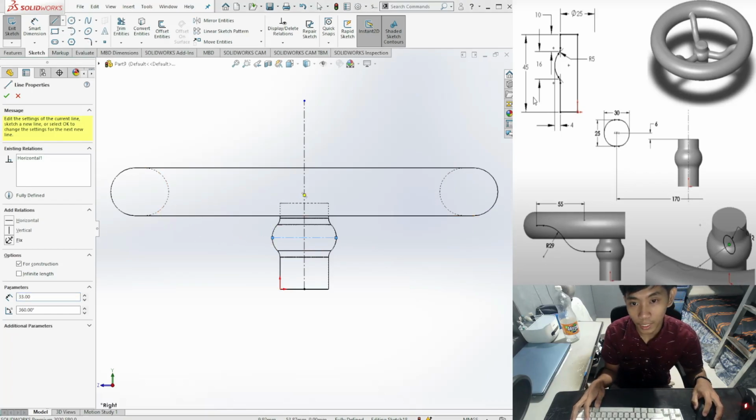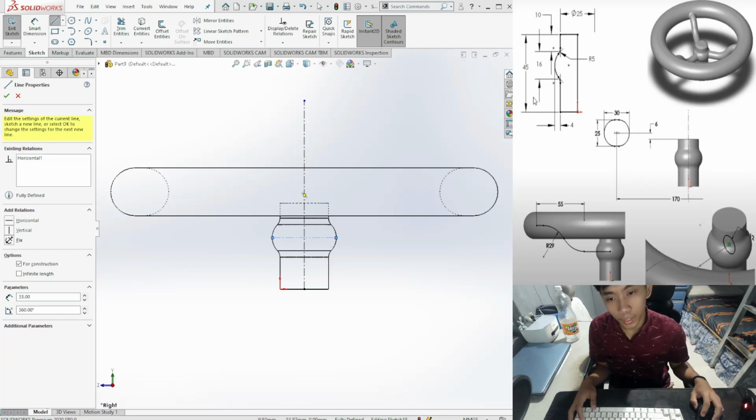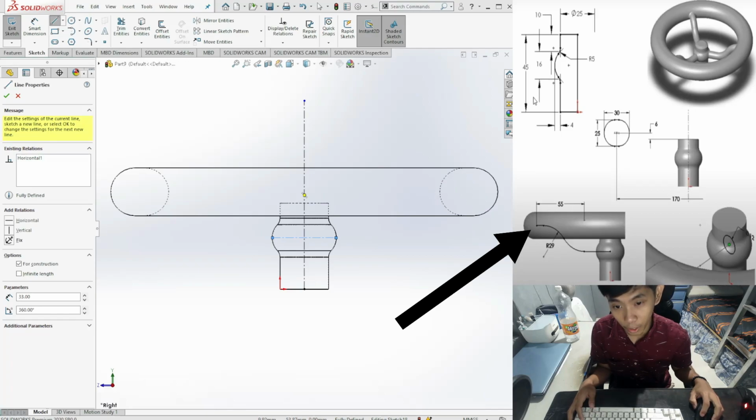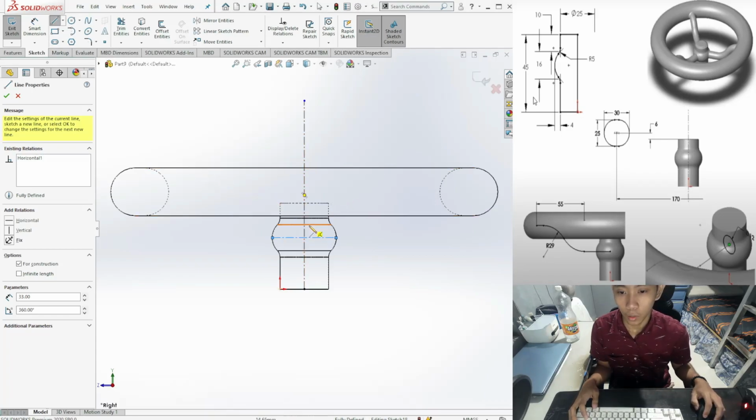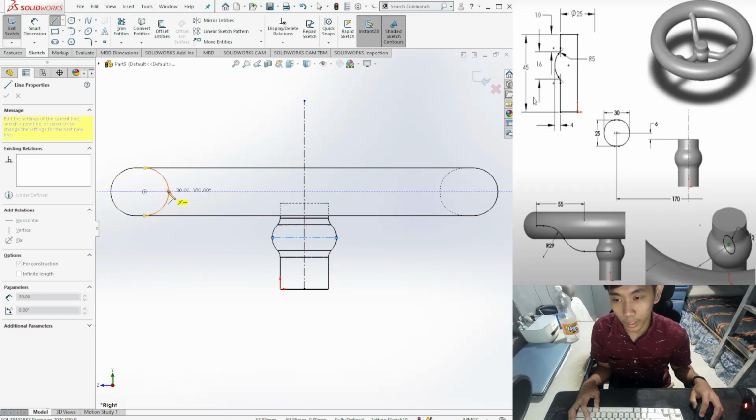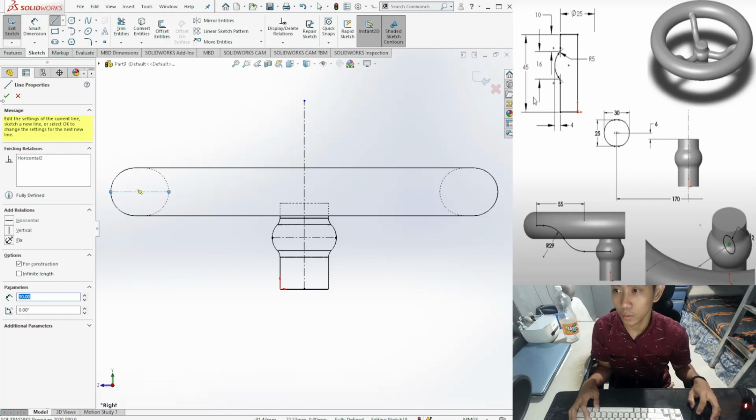Now let's look at the image again. The sketch of the spokes ends in the middle part of our rim. So to make sure that we can do that, let's go ahead and do what we did with the hub on the rim part. Drag your center line, and there we now have a center point. So click check